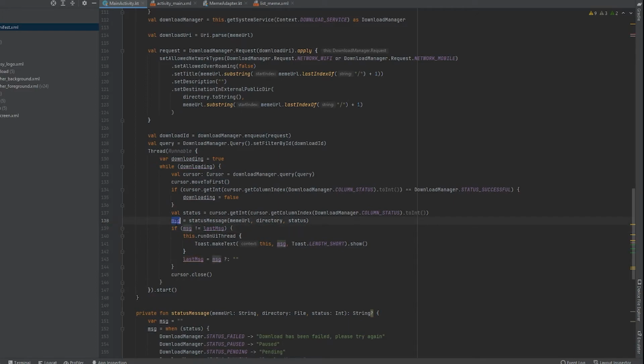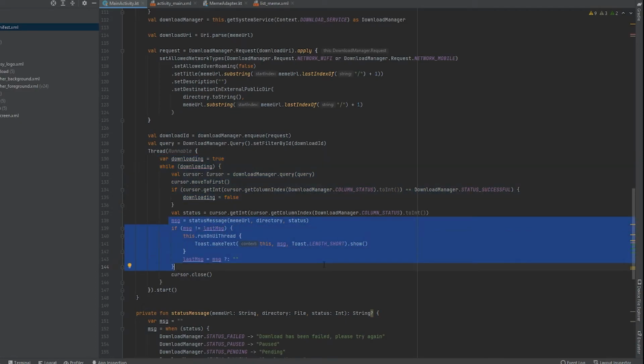So this message will be having some value, so that we will be putting into our toast and then showing. And we are setting the last message as message, and then we are closing the cursor, and then we are starting this thread.